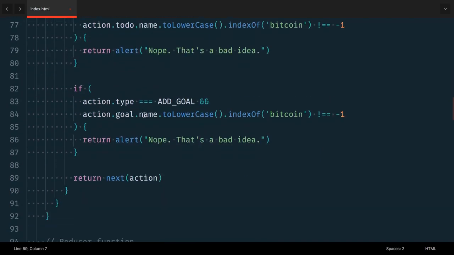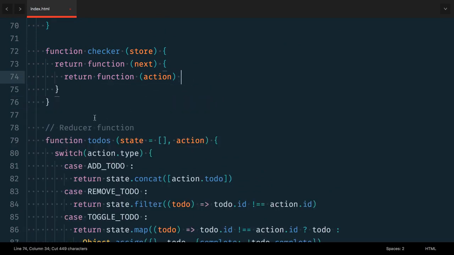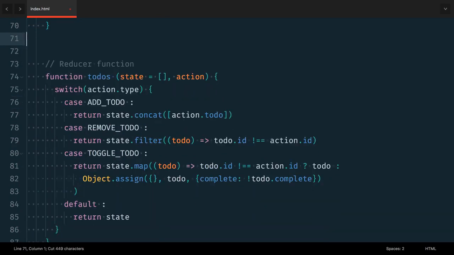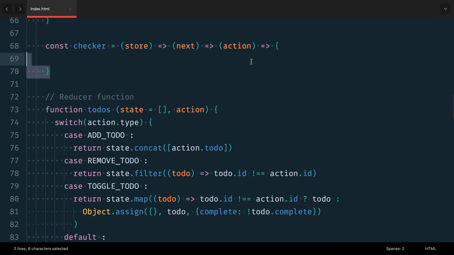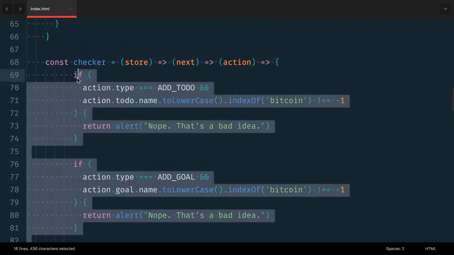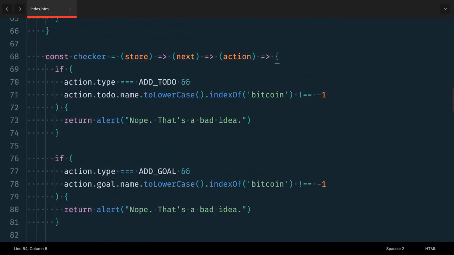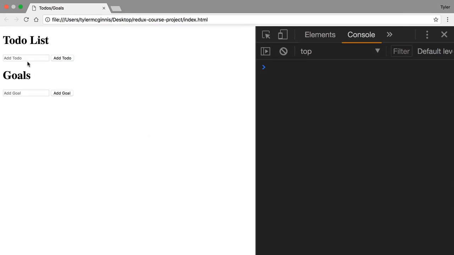And then now we can copy the body of this last inner function right here. Paste that in right there. Fix the indentation. And there we go. Now we have our checker middleware, and it's a little bit cleaner because we're using arrow functions. And if we check that this still works,